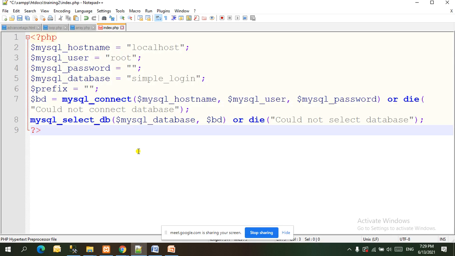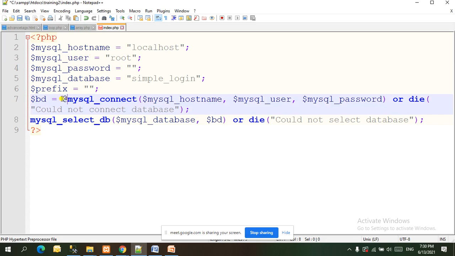Fine. So here, what are the things we have done, guys? It is PHP code, and for my host we have declared some variables, so you know how to declare a variable, and we have assigned some value. So host name is localhost, and username is root. Yesterday I already said that by default MySQL is going to have a username, and that is root, and the password will be blank, and our database is simple, and we are connecting here.